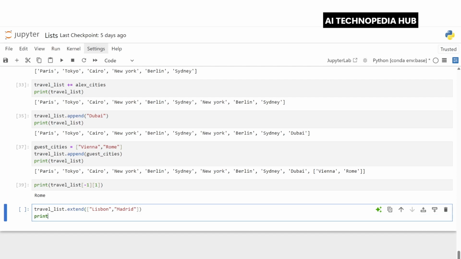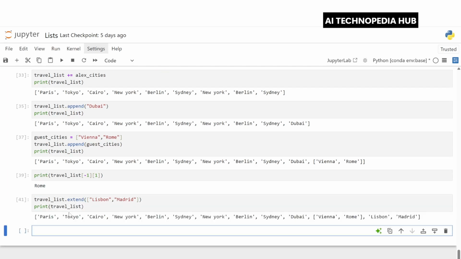Now let's print the travel list. So see, Lisbon and Madrid, these two have been added. Each element from the other list has been added into our travel_list as individual elements.